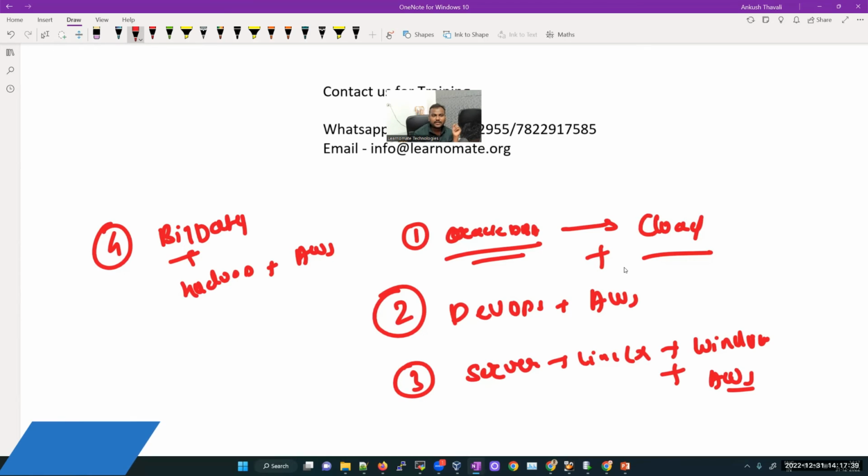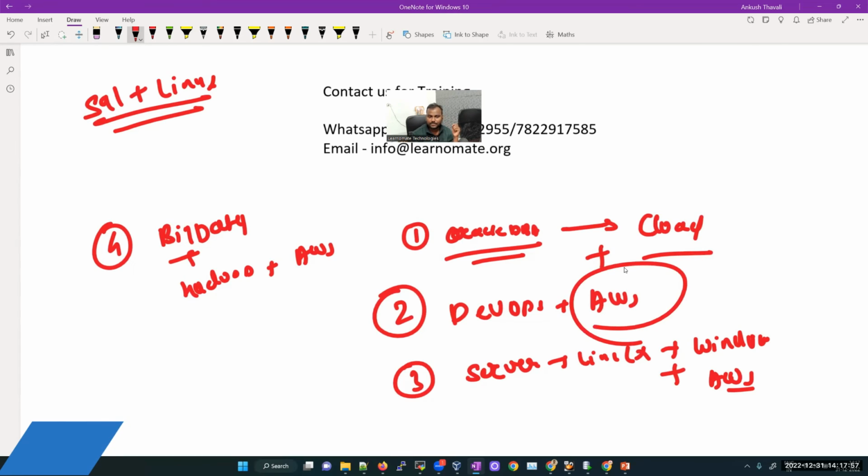Whenever you want to start a career, you know that you should have knowledge about SQL and Linux. That is a very generic technology, because we use it anywhere, irrespective of the technology. You want to provision with Java, with server technology, with any kind of DevOps or anything, AWS plays a very important role. So Balaji discussed the EC2 instance, right? We are going to use that in our Oracle DB also.